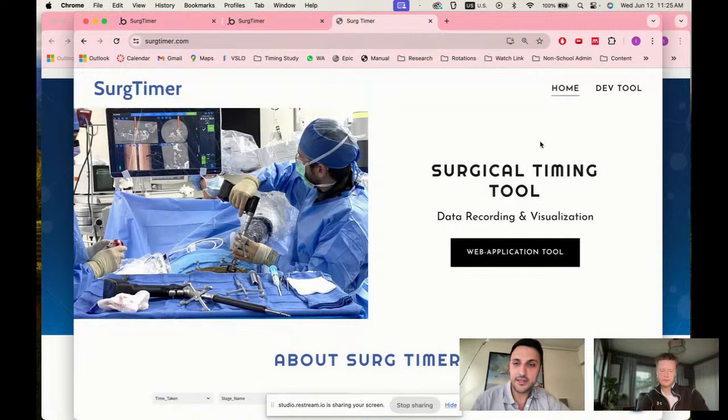It's a way of collecting more granular time data from operations. Usually the only time points that are kept are the first incision and the final time of closure. But there really isn't any data in hospital systems or in the literature about what happens in between the incision and the closure. And this has been my research project at Cornell. I started this app for myself, but we've been branching out to other surgical fields, hand surgery, knee and hip as well, trying to get this more granular data out of a lot of cases at the same time.